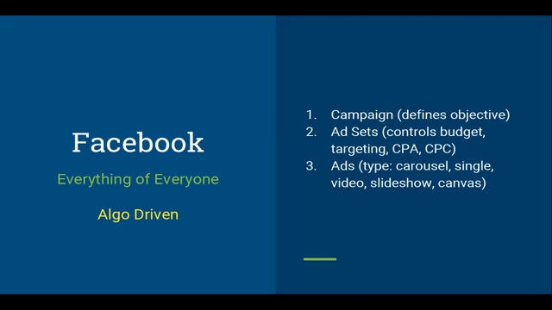Once you've defined the targeting, you say, okay, I want the install at this cost, or I want to only run an Instagram campaign or a Facebook newsfeed campaign, and those kinds of things, right? So those are the things that you define at the ad set level. After that, you move to creating an ad.